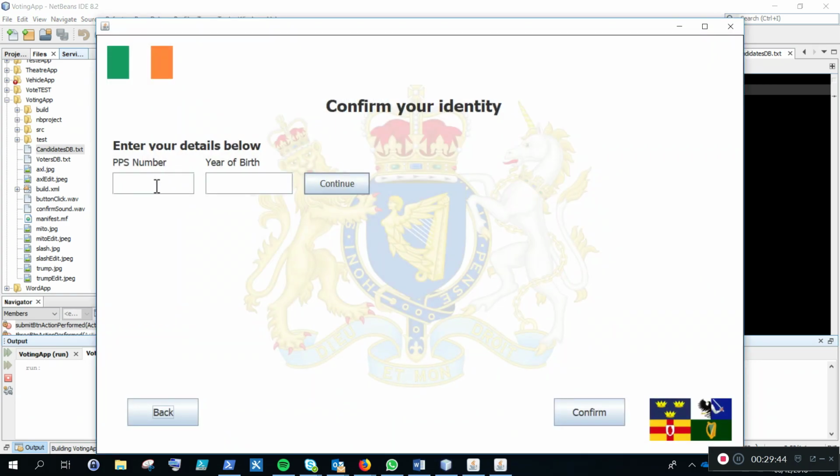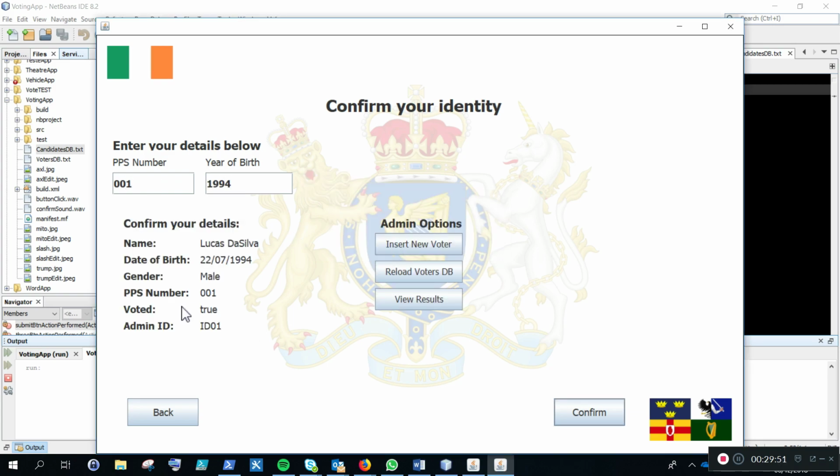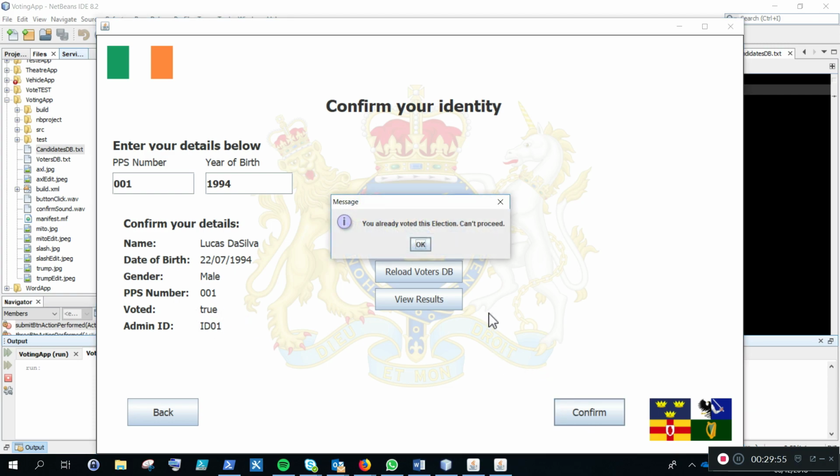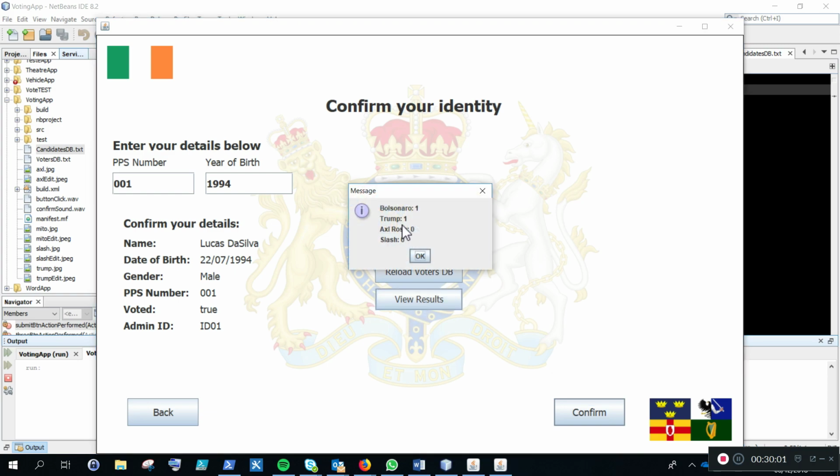So this is my PPS number. Continue. Now, as I just voted, my voted status changed to true. I'm not going to be allowed to vote again, as you can see. But what I actually want to do is to view the results. As you can see now, even though I voted for Bolsonaro, and Bolsonaro should have 2 votes here now, Trump has 1 vote. So this is how easily